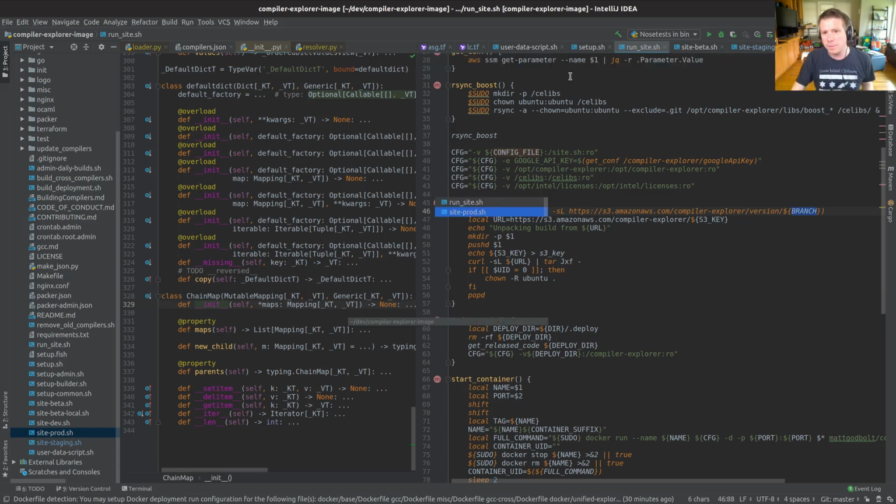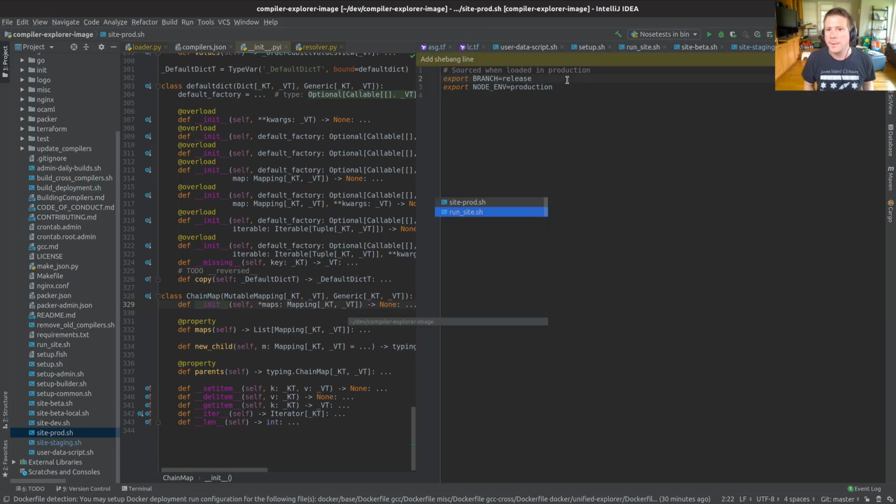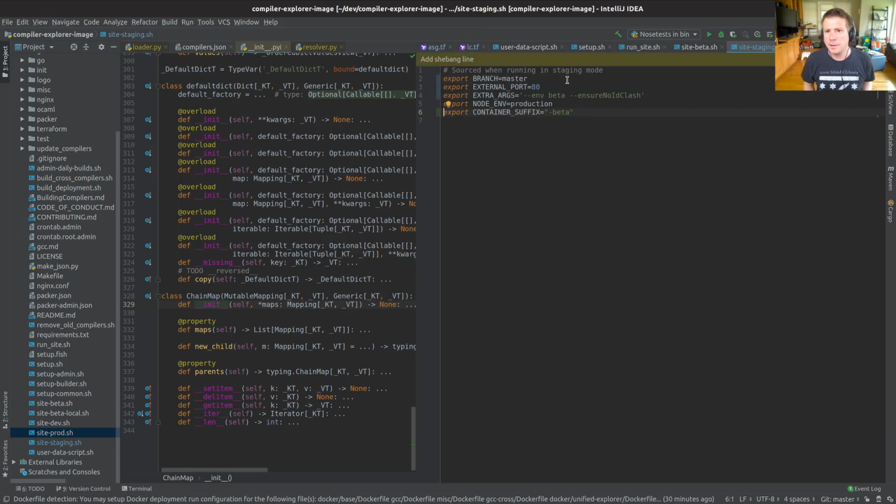So we definitely need that to be called staging. So site staging branch equals staging. It's not really a branch; it's the sort of branch name of which version to run. 80-m staging we'll put here. Ensure no ID clash sounds good to me.